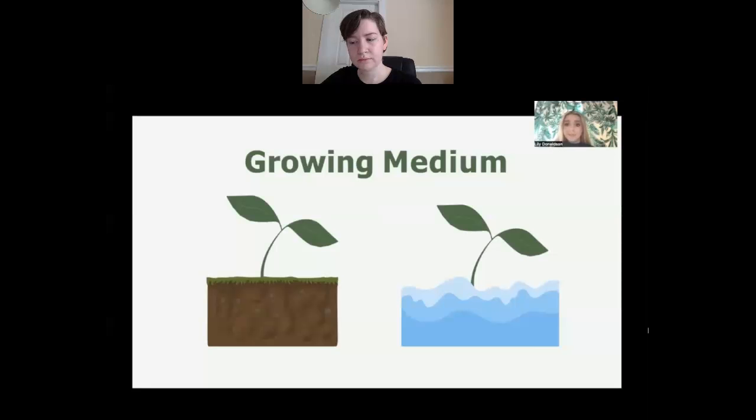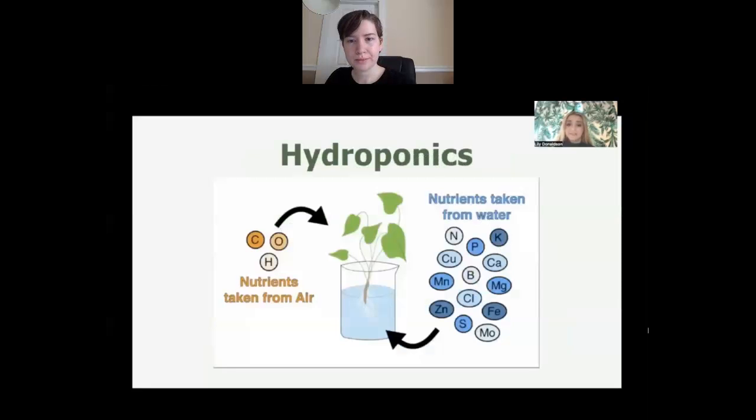The most common growing medium is soil, but scientists have found ways to grow plants with no soil, using only water saturated with nutrients plants need. This growing method is called hydroponics. Astrobotanists grow plants hydroponically because hydroponics takes less space, hydroponics can be faster, and it is difficult to transport nutritious soil to space. Plants can get all of the nutrients they need from special water and air, eliminating the need